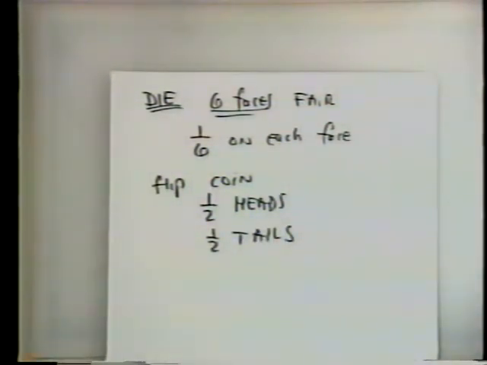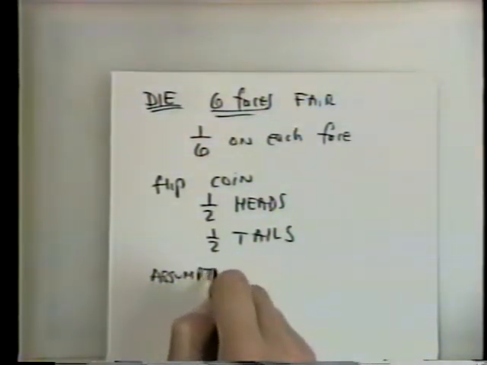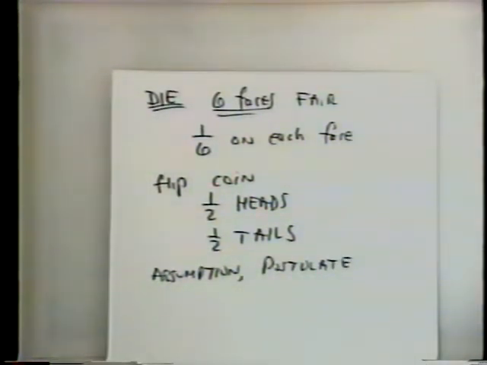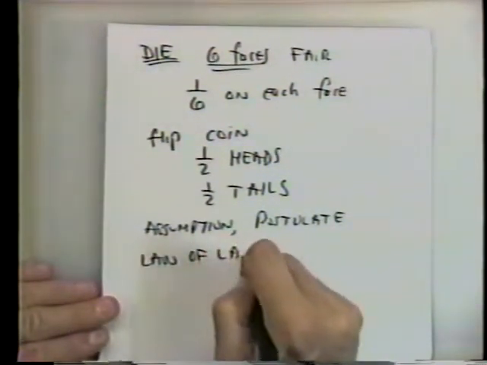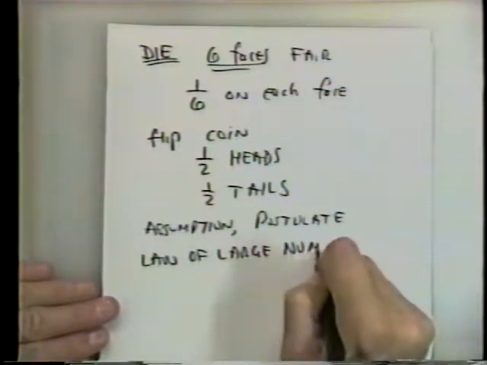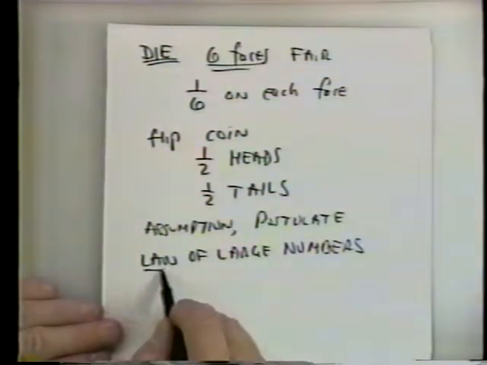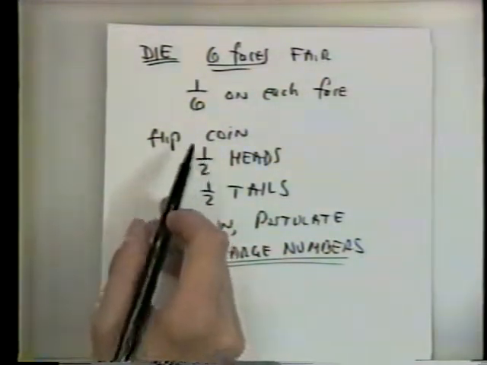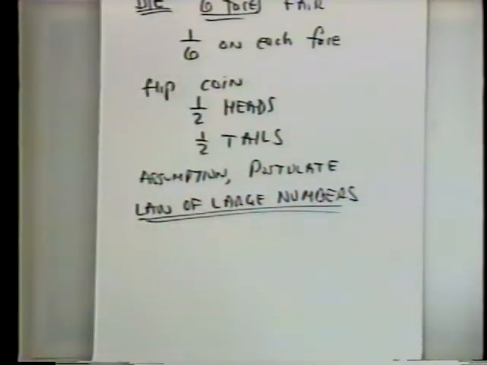Now, it turns out you can't prove this. This is really an assumption, a postulate in some parts of probability theory. In other parts, we use this thing called the law of averages or the law of large numbers. That is, if we do things often enough, we get the result we expect. So if this thing is really fair and we flip it 1,000,000 times, then half of those times it comes up heads. Now, the central limit theorem is a generalization of this.